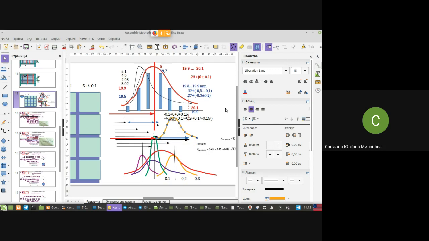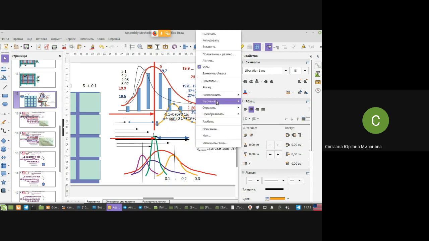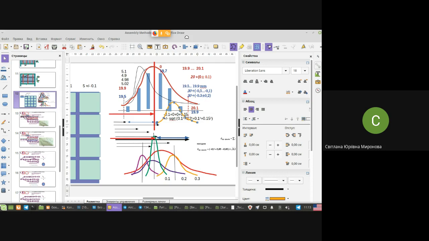What does it mean? That it's... grouped cannot be, yes? Well, okay. That is plus 0.3 minus 0.3. It means that it's somewhere here. Where's the middle of this place? Of this curve? Where is the middle? Here. Yes. And how to calculate what is